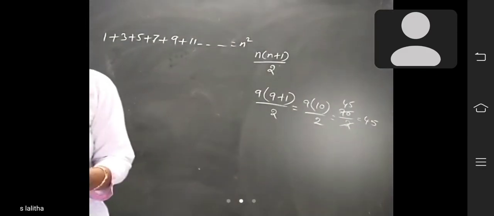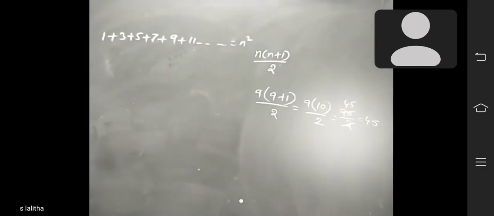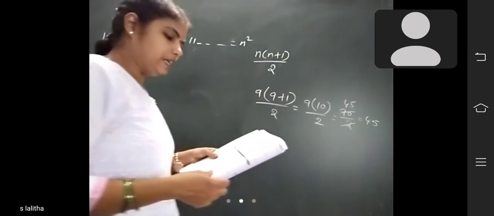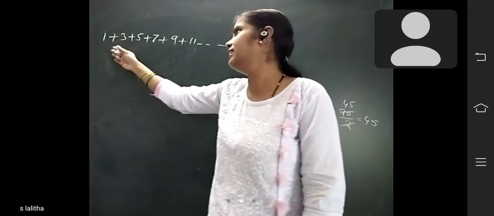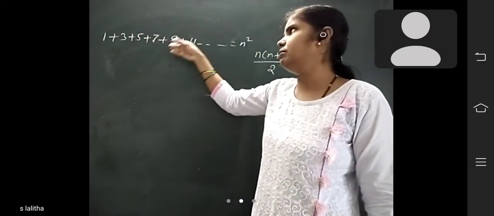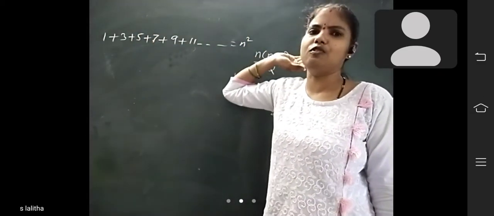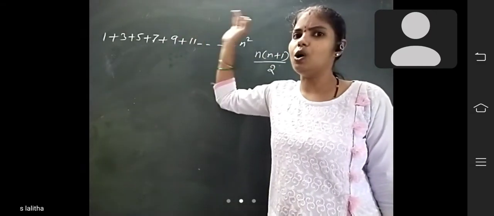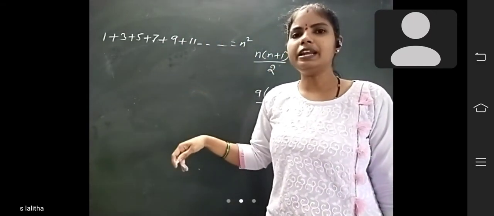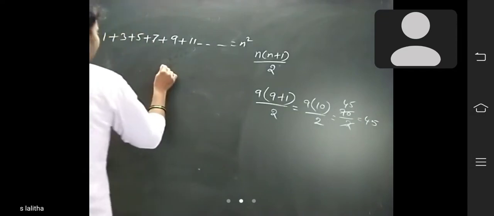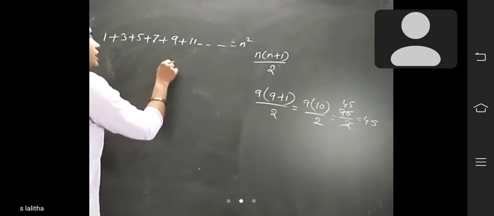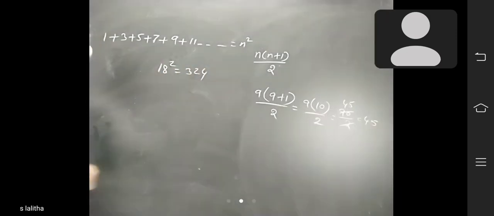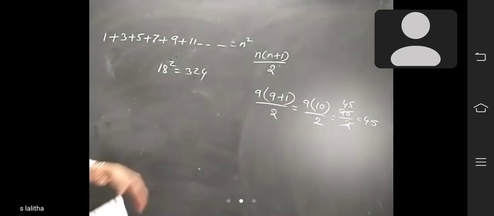Suppose you have to find the sum of the first 18 odd natural numbers. How can you find it? You can add like that, 1 plus 3 plus 5 plus 7 plus 9 plus 11 plus 13 plus. Can you find like that? This is a very long process. So they want 18 natural numbers, no? So you have to write n square. In the place of n you should write 18. 18 square, how much? 324. Okay? Like that you have to find.